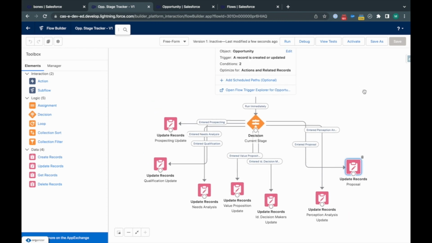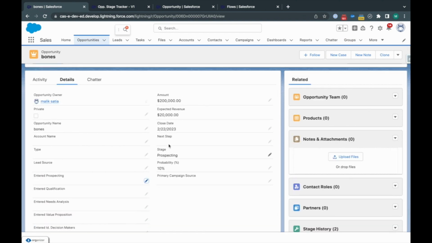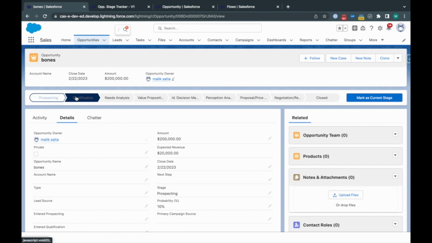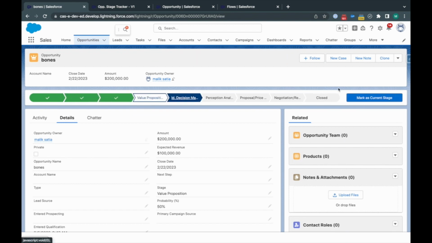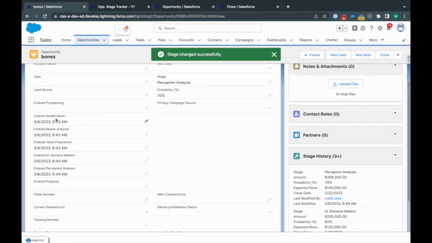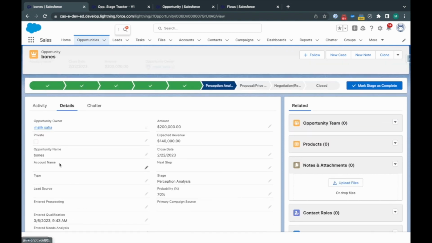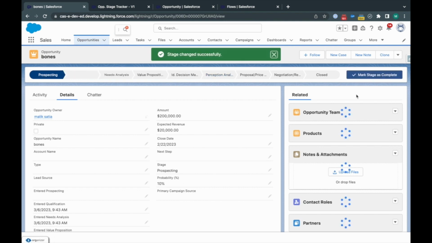All right. So after we are done with that, we're just going to hit activate, and let's test it out. So if we put it in qualifications, we're just going to throw it in a couple of the stages so that the flow will run. And as we look down here, all of them are getting updated. So prospecting isn't updated, but that is because it was already in the prospecting stage, so the flow didn't get a chance to update this field. But if we put it back in the prospecting stage,